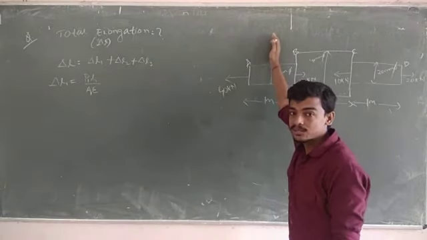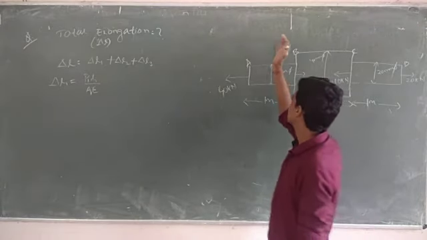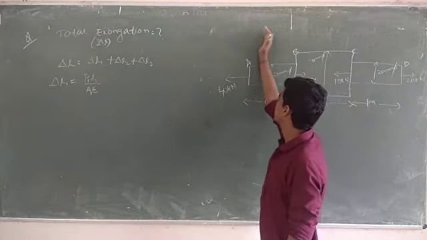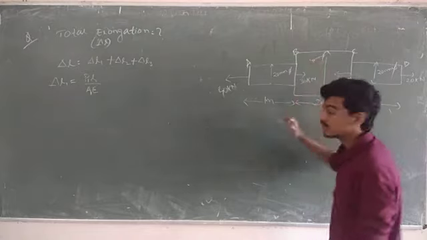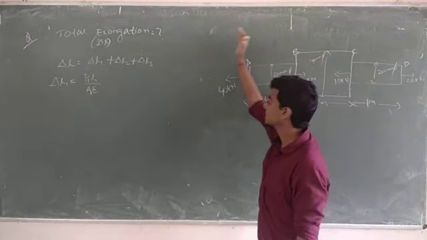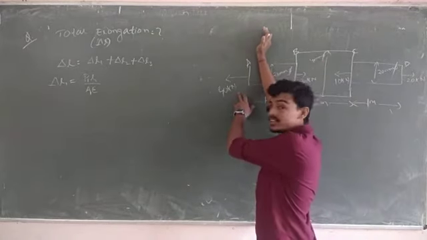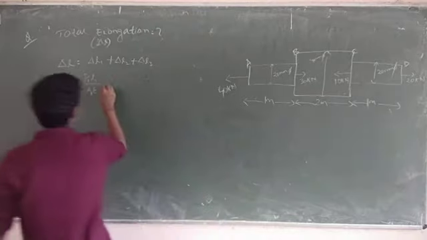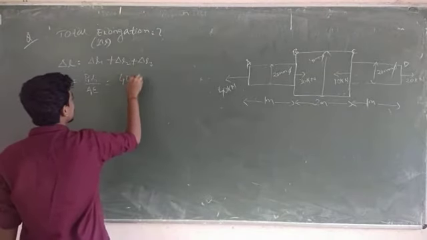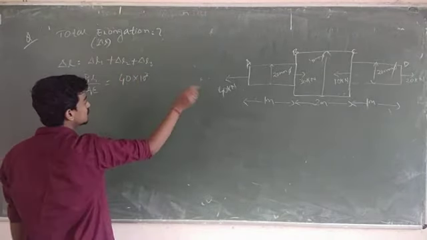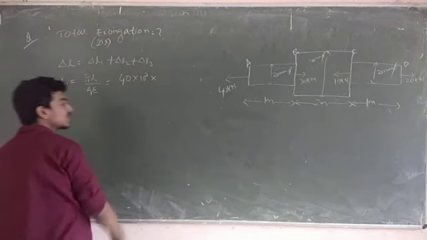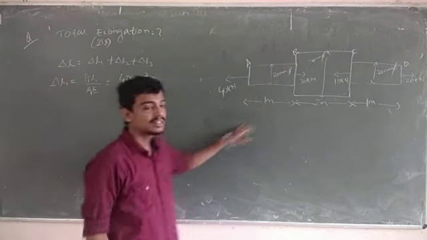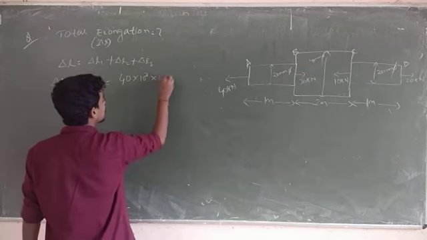I already told, for any body, if you want to calculate the load, just take the middle section, either left of the section or right of the section. Suppose here I am taking the left of the section, so only 40 kilonewton tensile force is there, so plus 40 kilonewton is P1. Here I have written 40 into 10 to the power 3, because it is kilonewton, divided by 2 into 10 to the power 5. What is L1? It's 1 meter, so I am writing 1000 mm.